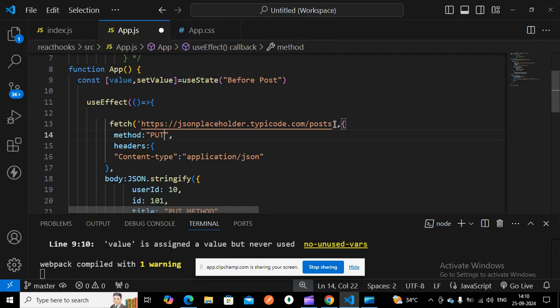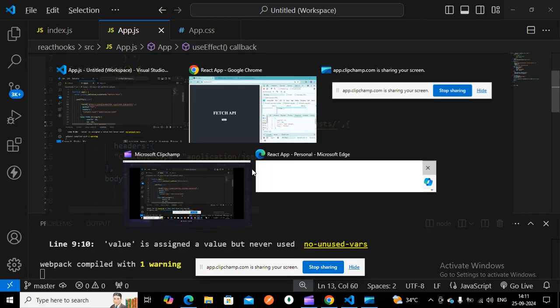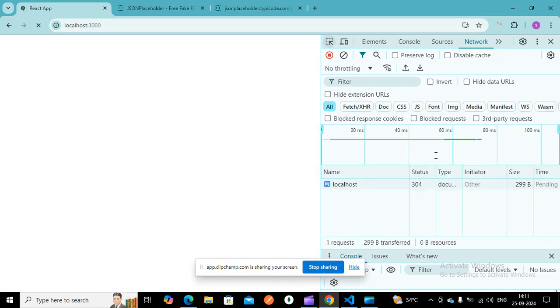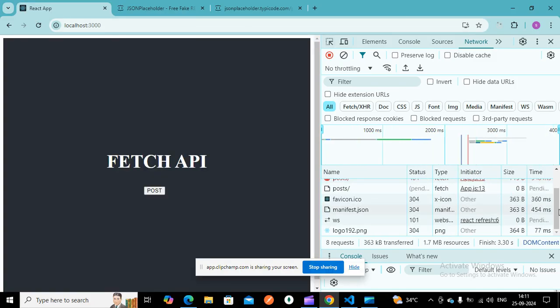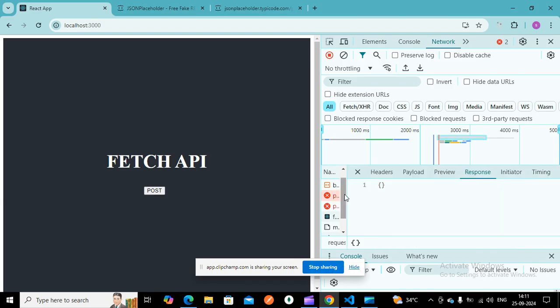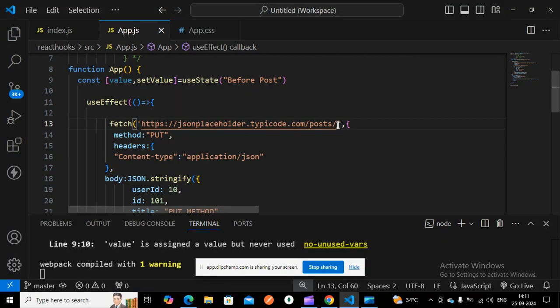This is the same as post, but we have to give the particular ID of that thing. What ID do I have to change? Suppose I save this and go back to the browser; there should be some error, the fetch is not happening, because I have to give the particular ID 101, the one I'm updating. Whenever I'm updating something, I have to give the particular ID of that object.